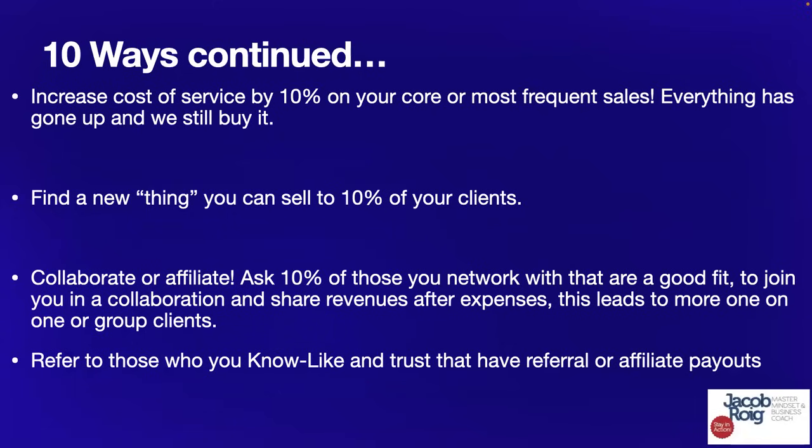So by increasing the cost of service by 10%, like when's the last time you raised your prices? For most small business owners, even through COVID and this dramatic inflation, people haven't raised their prices at all. For those of you that have, congratulations. You're in the probably top 5% of all small business owners. And small business owners for me are 50 employees or less that have raised their prices by 10% or more